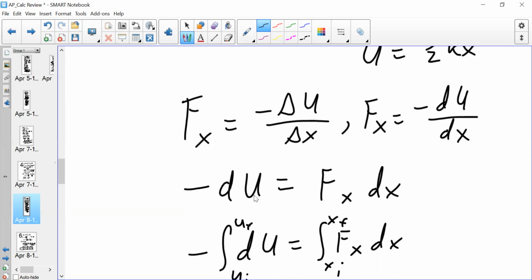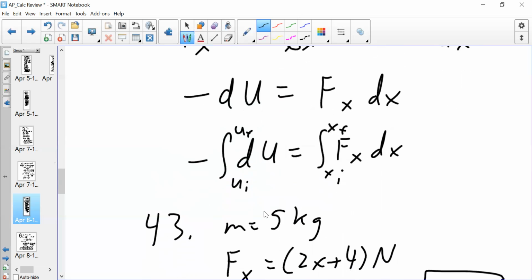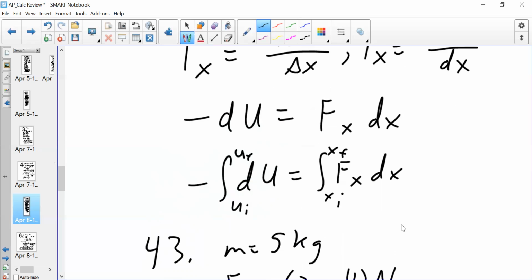So in this case here, again, I'm losing potential energy. This is work. And then if I want to find the potential energy as a function of position, I integrate both sides. In this case, it would be the lower bound Ui to U final, and then this is going to be xi to x final for the dx's, and this is the dU, and this basically becomes U final minus U initial equals,